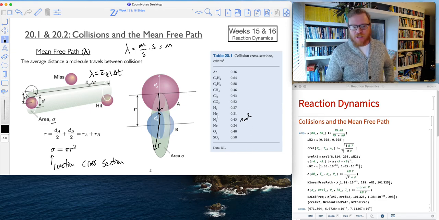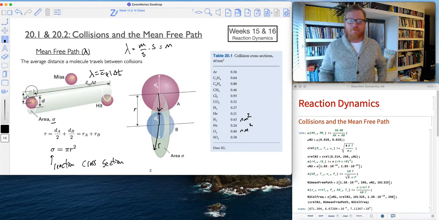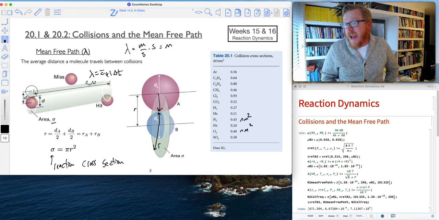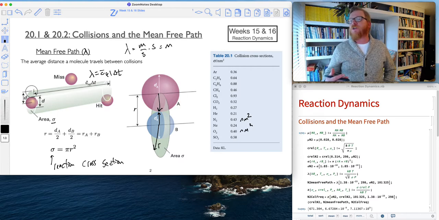And as you might imagine, when you look at, let's say, nitrogen and oxygen, they're both very similar, which makes good sense, right, because they're both about the same size. And so if you think about just normal air, 80% nitrogen, 20% oxygen, the collisional cross-section between a nitrogen and oxygen will be some weighted average between those two values based on the fact that it's 80% nitrogen and 20% oxygen, okay? So moving forward, what we want to be able to do is calculate this mean free